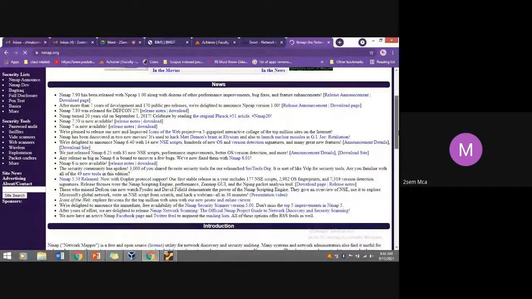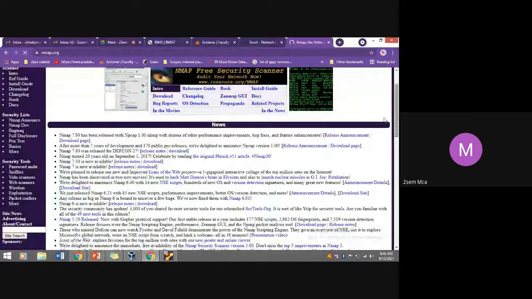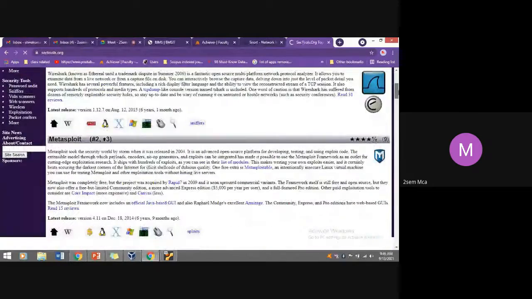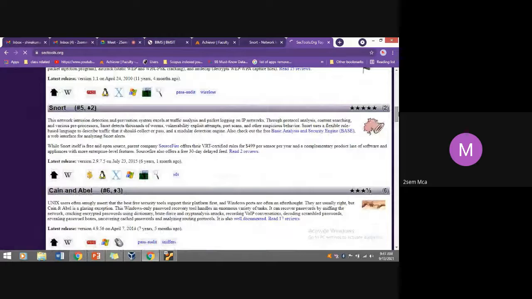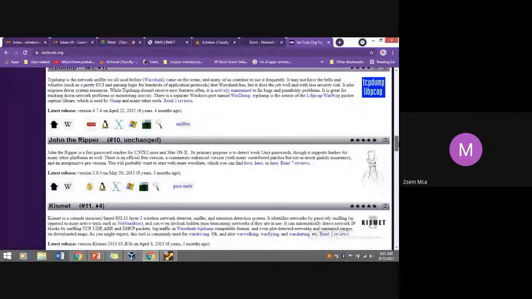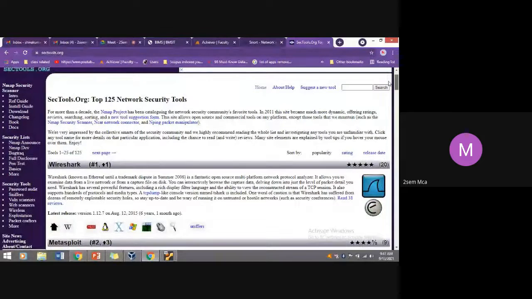I will show you on nmap.org. If you go here, there are penetration testing, packet crafters, and more. The Snort tool is also defined alongside Nmap itself, on nmap.org and securitytools.org. Some commands are available to bypass the firewall, ping the network, and access the network information.